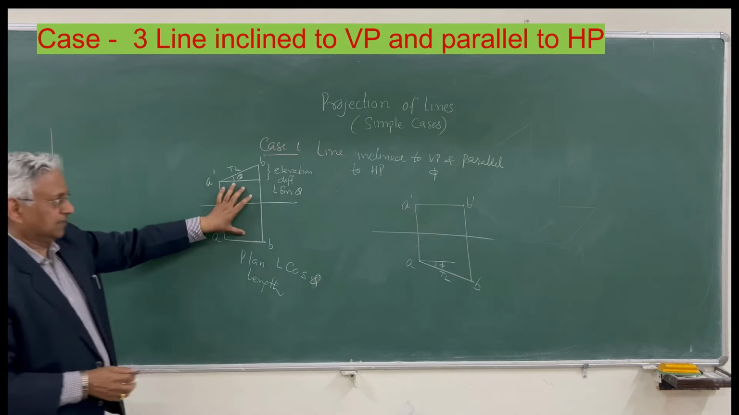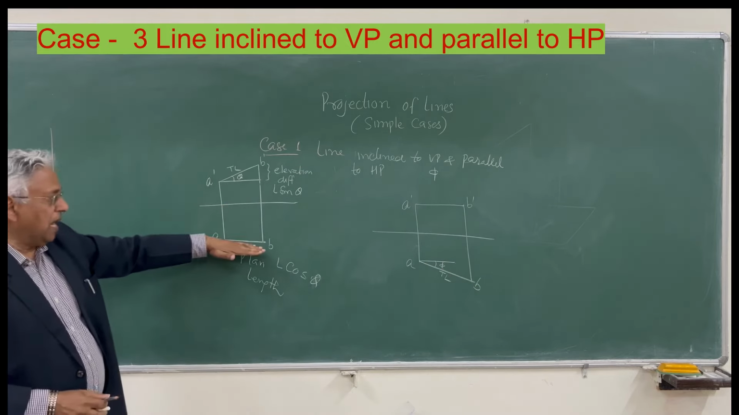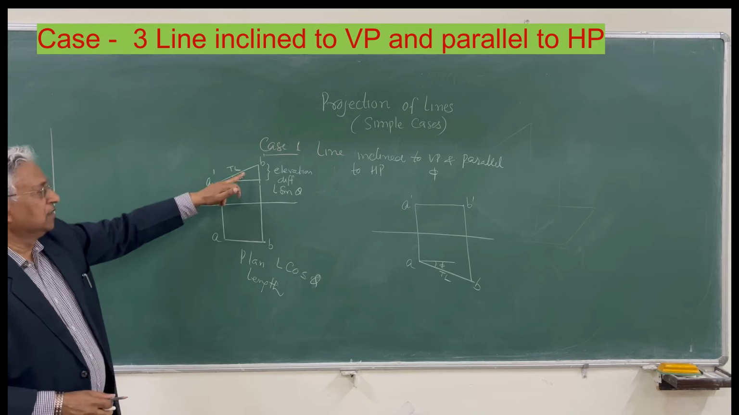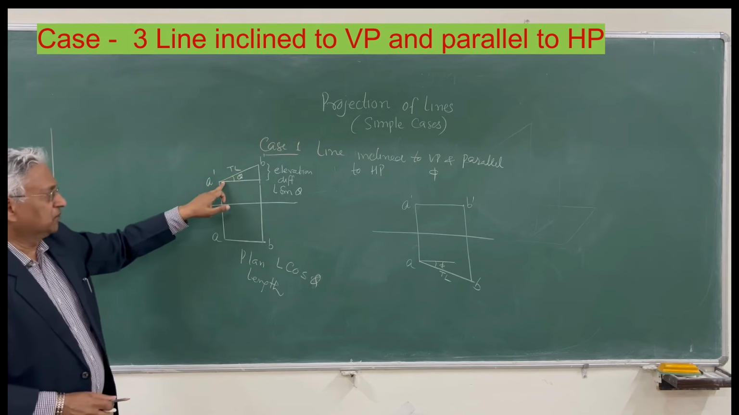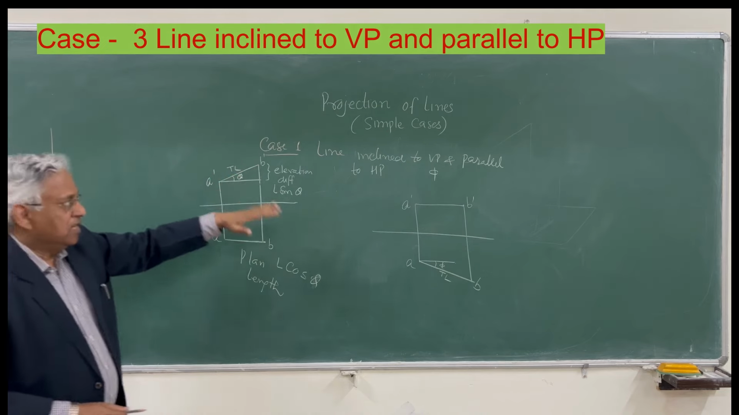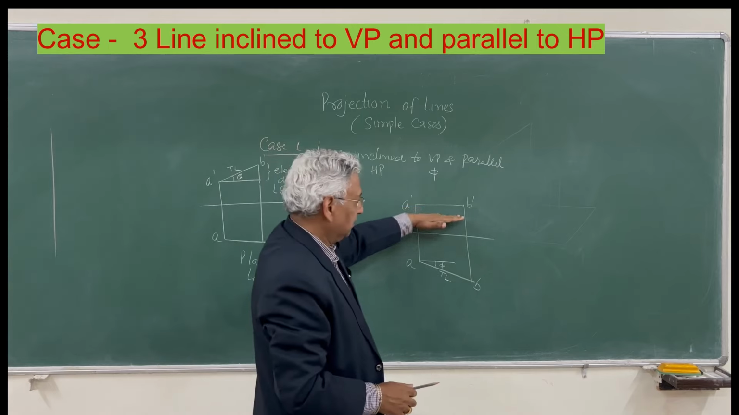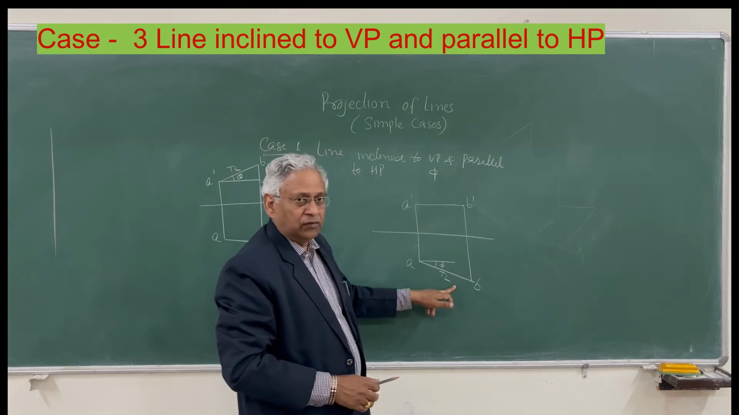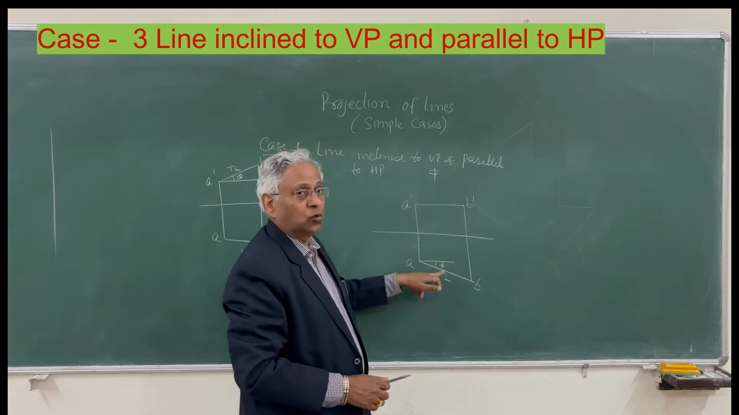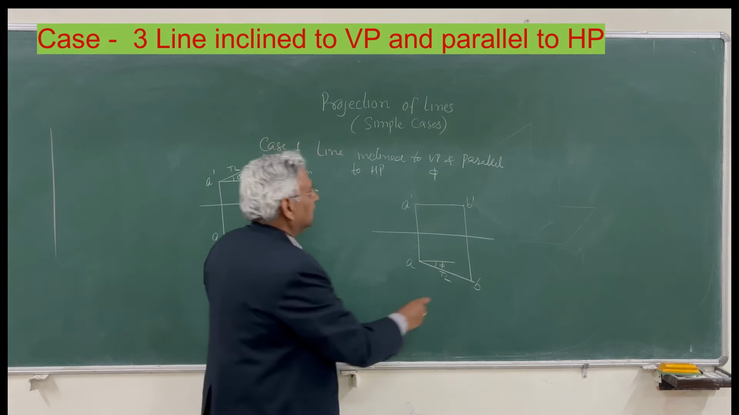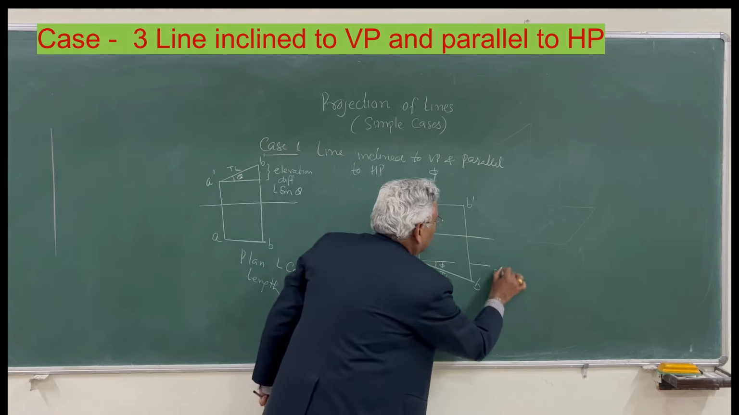Just reverse of this case. Here the plan was parallel, and therefore you could measure the true length in elevation and theta also in elevation. Here elevation is parallel to ground line, and therefore plan will be true length and true angle phi. Now this is again plan difference,